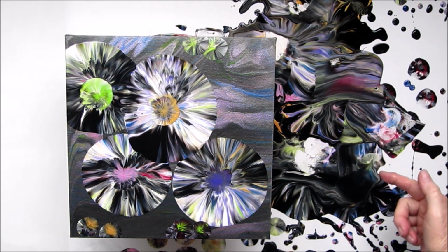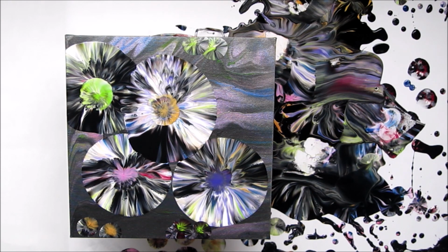I will pick up the rest of my drippings and put them into a container so that I can use them as a background on another